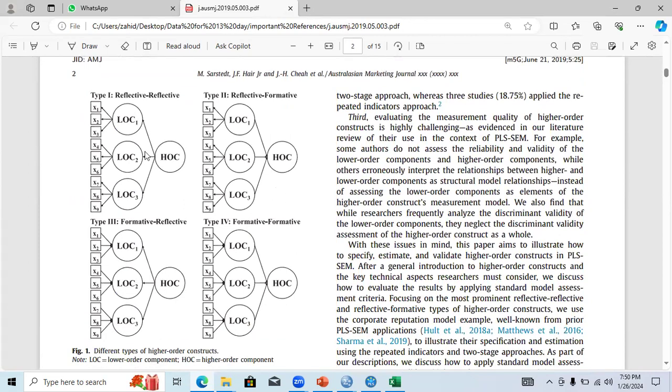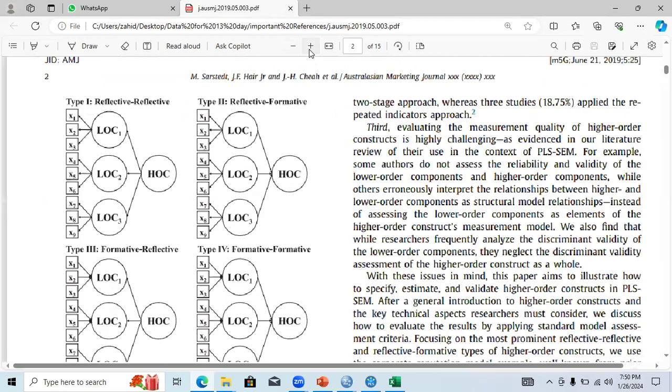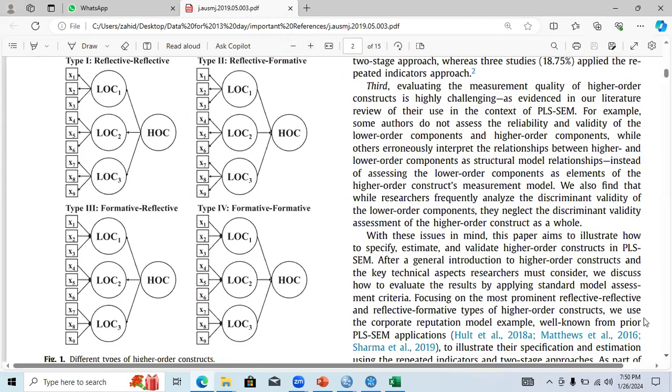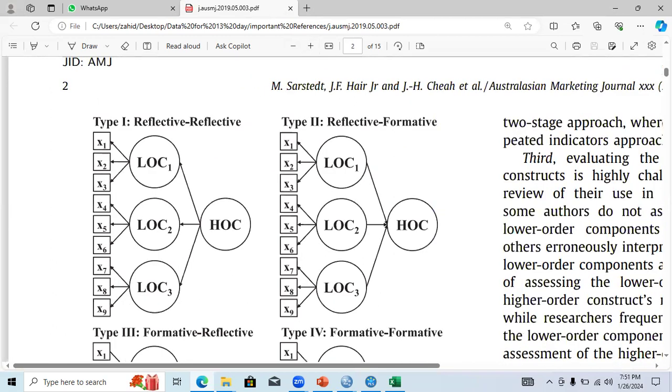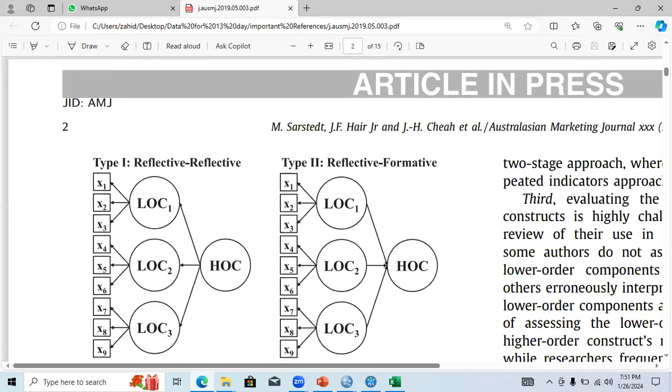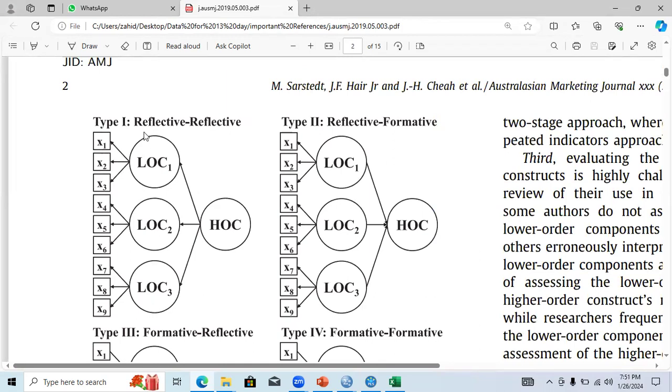They have stated that there are four types of higher order constructs, and you need to understand these basic diagrams in order to apply them in your analysis. And I will use one of them in my analysis here using the same data set. The type 1 is reflective-reflective. It means when you create some constructs like LOC1, LOC2, LOC3, and you have your indicators in a reflective mode. I have shown you the reflective and formative model constructs, and you believe